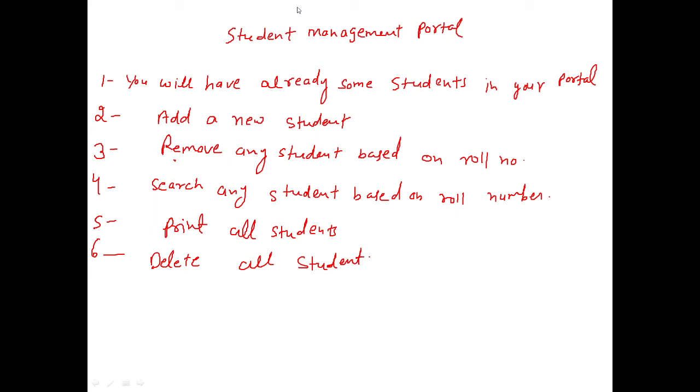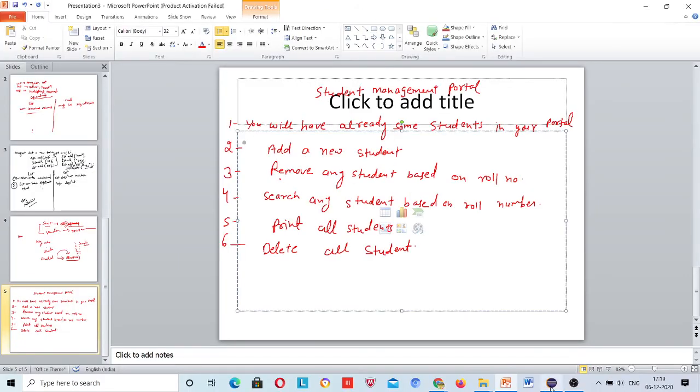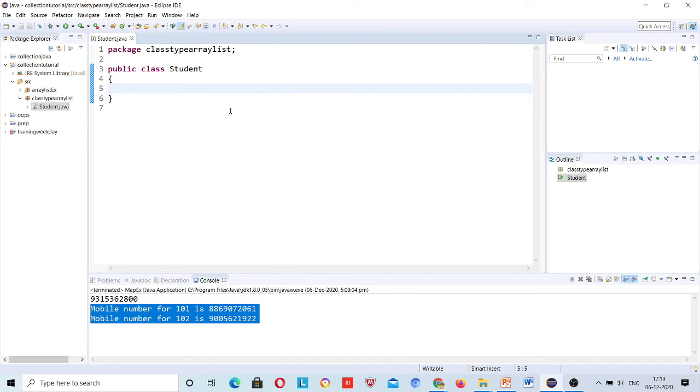Press 4 for printing all students. Once you press 4, it will print all students that are already available and present here, and delete, for simple, the whole list will be deleted. Okay, first let me give here int